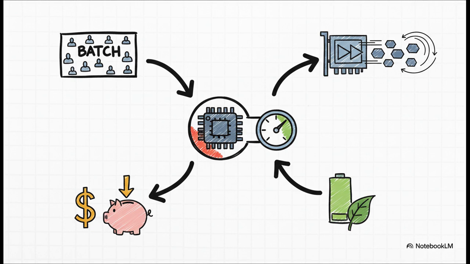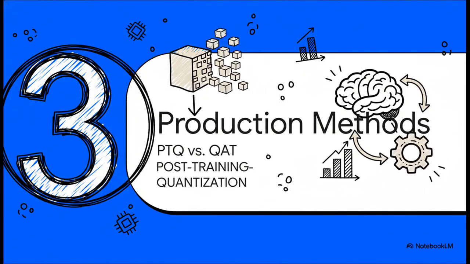And the payoff here? Oh, it is huge. When you fix that memory problem, everything else just gets better. You can process more user requests at the same time in bigger batches. Each GPU pumps out more tokens per second, which means your throughput goes way up, and that directly translates to lower costs and way better energy efficiency. The speedup is a direct result of saving memory. Okay, so that's the why.